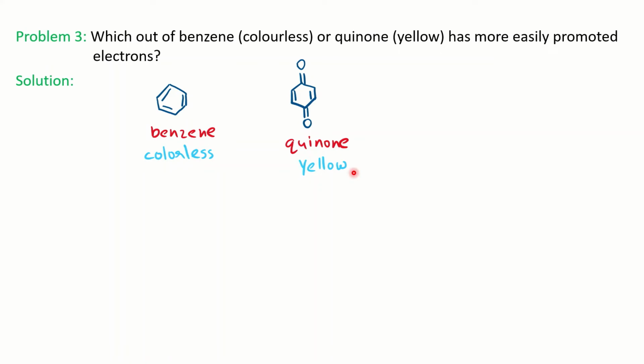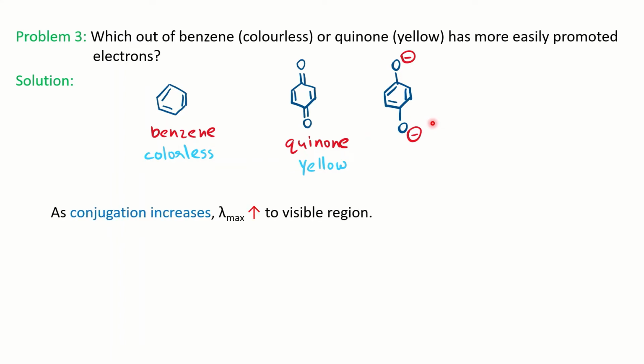The structure of benzene, you know, quinone is you are having two carbonyl groups at para position, and it exists in slightly basic medium with the carbanion formation. And you can see in this structure you have the electrons easily available, which can be involved in the electronic transition easily as compared to this form. Okay, so electrons are easily available in case of quinone for electronic transition, therefore it requires less energy, means the wavelength will be high, and so it absorbs in the visible region, gives the yellow color. Same explanation, as conjugation increases, lambda max value increases to visible region.